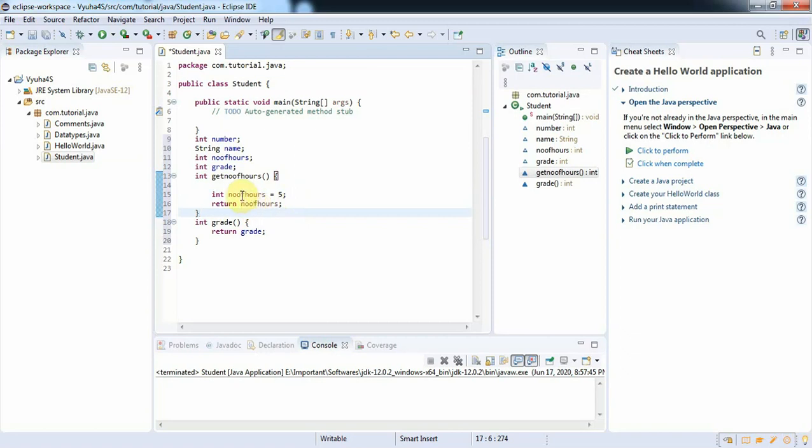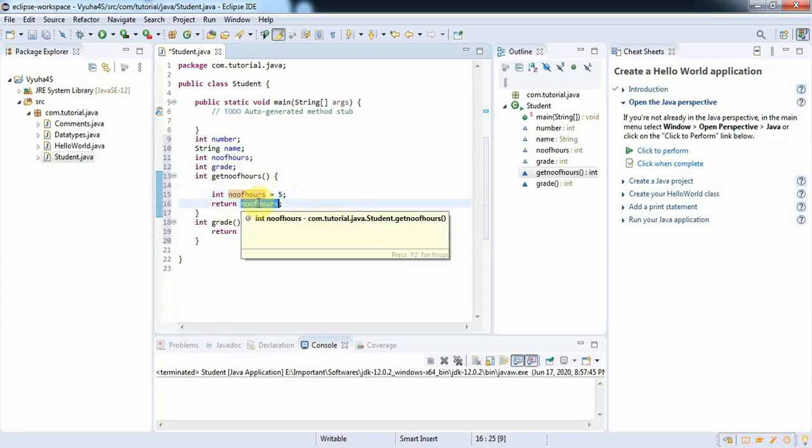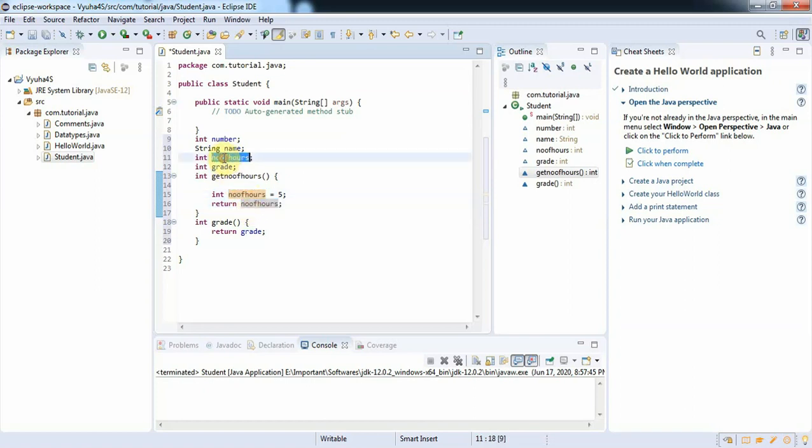Here you have stored a value of five as a local variable, and you are trying to return that value, number of hours. So this variable and this variable are different. This is a global variable, and this is a local variable. I mean global for this complete class, and this is local only for getNumberOfHours.